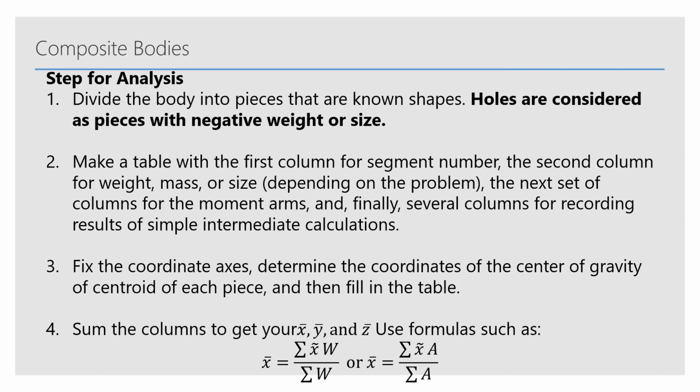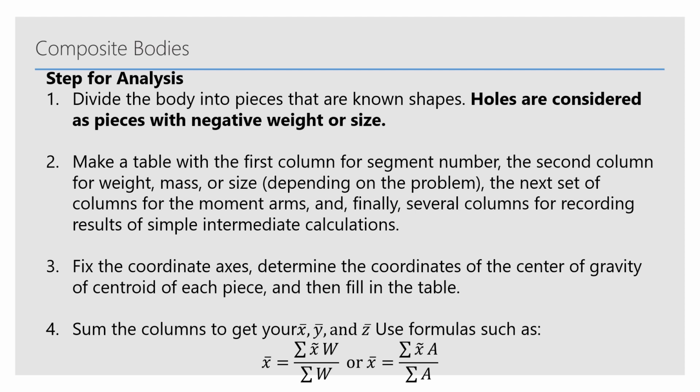Taking a look at our steps for analysis, the first step is to divide the body into pieces that are known shapes. One thing that's important to note is that holes are considered as pieces with a negative weight or negative size. This will make sense when we take a look at problems that are coming up. Second, make a table with the first column for the segment number, second column for weight, mass, or size depending on the problem. Then a set of columns for the moment arms,